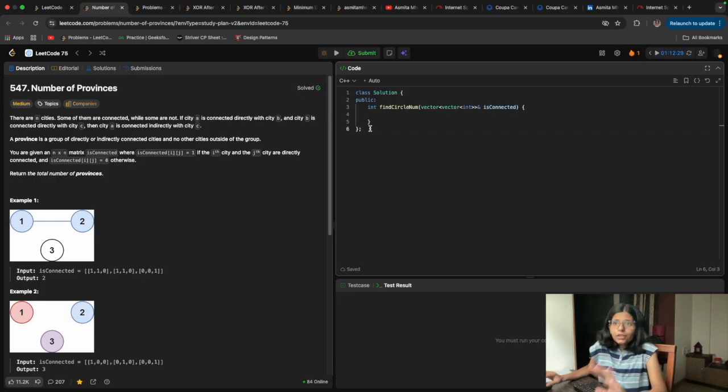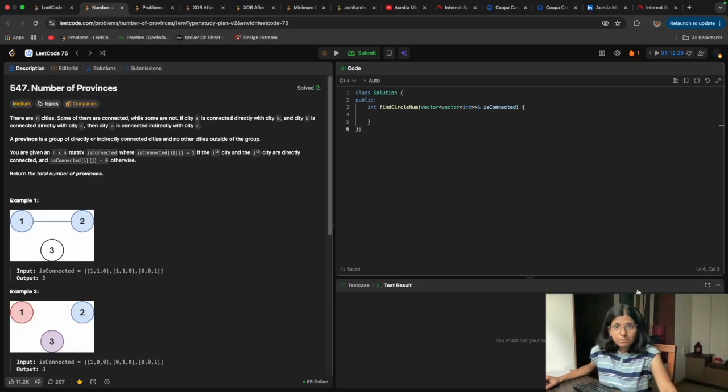Basically you need to just keep in mind that in DFS we take one node and go to that node, then if that node is connected to someone, we take those nodes and go there. Likewise we do not care about how many neighbor nodes there are for the current node. We just visit the first node, then go to that node's neighbor nodes, and then again we repeat the same thing.